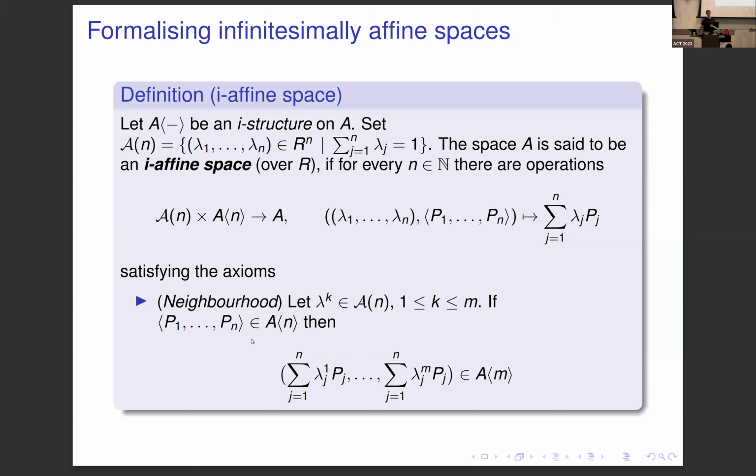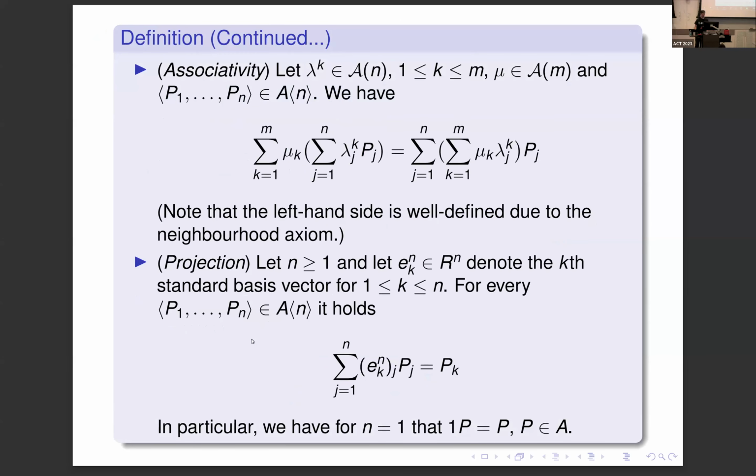And for them to be compatible, we need the so-called neighborhood axioms, which essentially say: you're starting with an infinitesimal neighborhood, and you form affine combinations of all of them, whatever affine combination, you'll stay in an infinitesimal neighborhood. You're not going to leave it. So again, I hope that this is quite natural. And then we have the usual stuff: I have associativity, and I have projections. When I'm just using the 0, 1, 0, 0 affine combinations, then I will just reproduce these points.